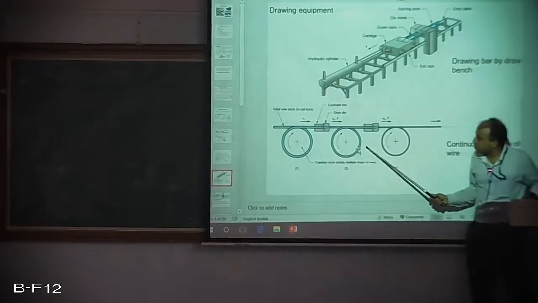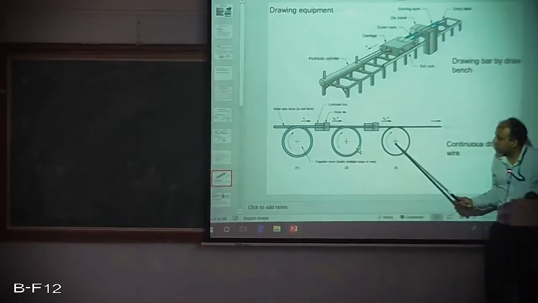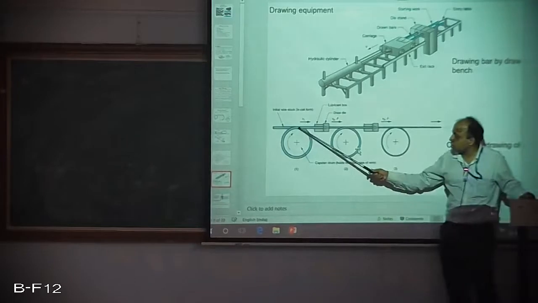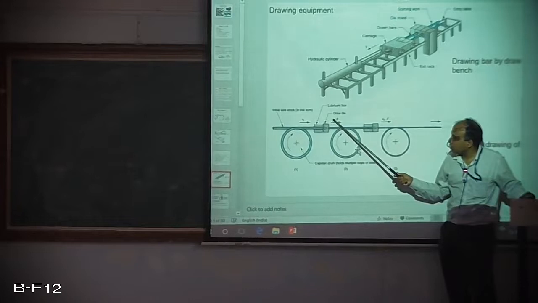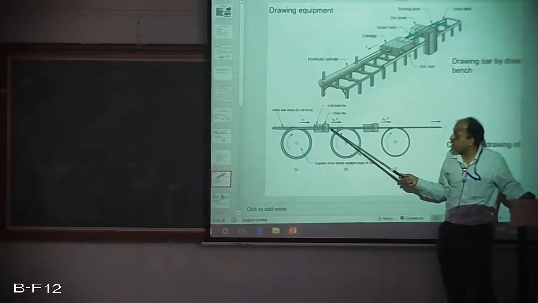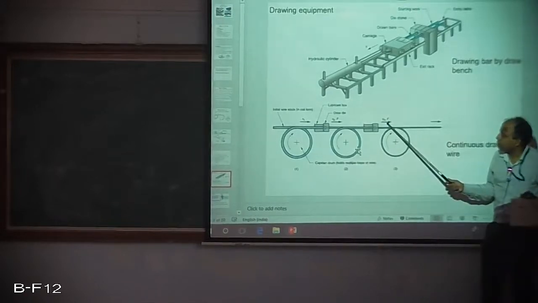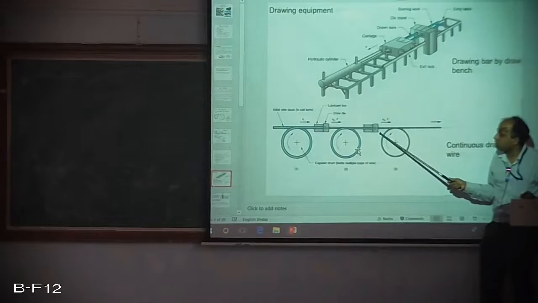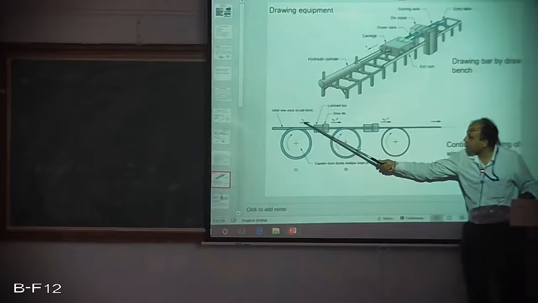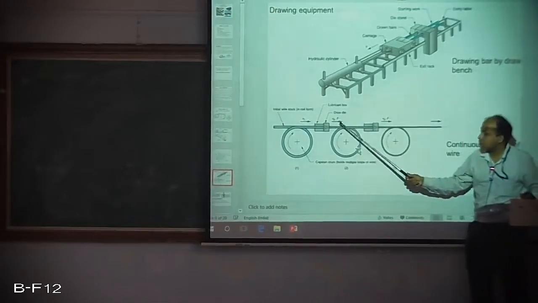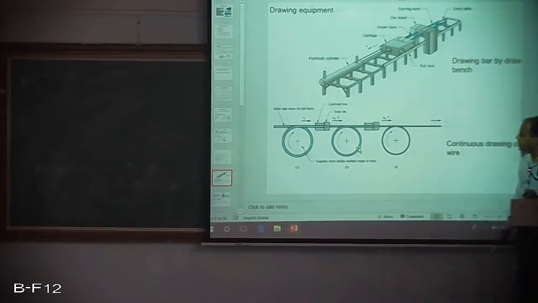This is the typical example for your bull block arrangement. A number of bull blocks are there, sequentially arranged. So if you see here, the initial velocity is v1. After the first reduction, that velocity is v2, and v2 is higher than v1. That's what I was saying. And here the forces will also be relatively higher compared to the previous one. When it comes to v3, further reduction is taking place, and this velocity v3 is higher than this. Obviously it will be higher than this also, and the force is higher than this because relative strain hardening has taken place. More effort is required to draw the material.